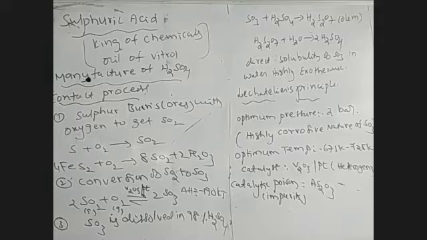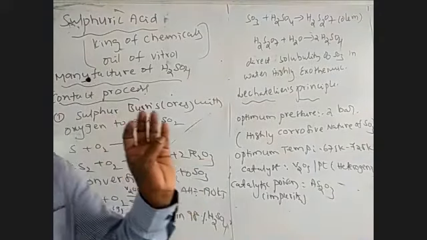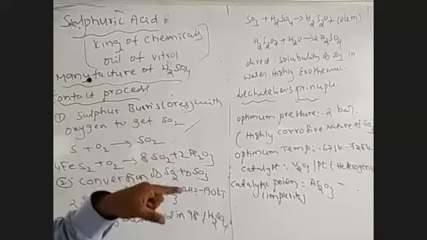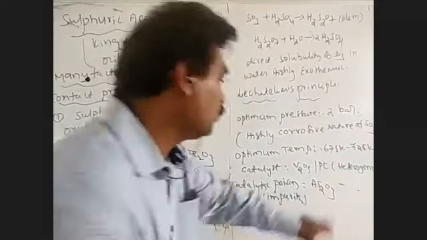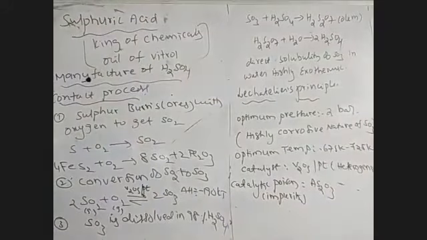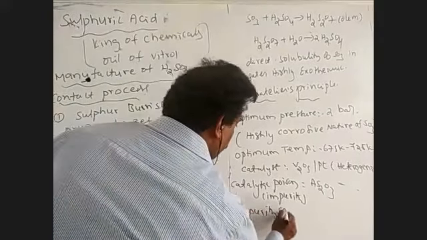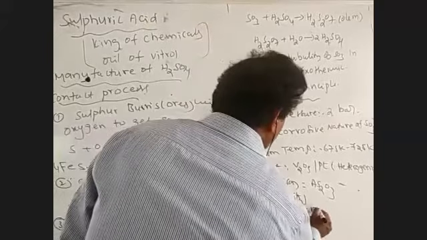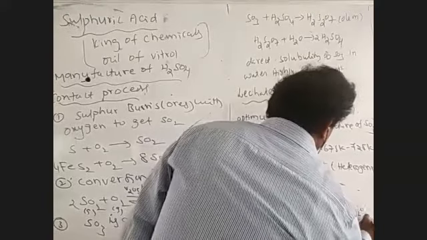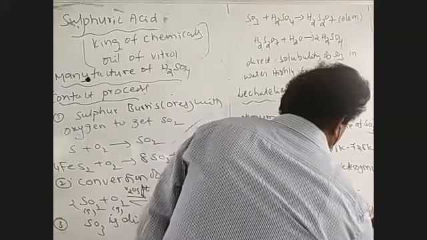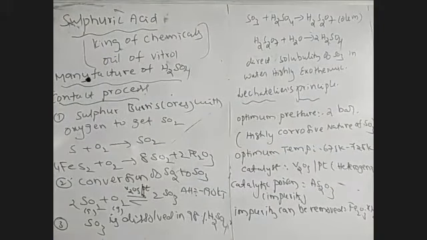In the Haber process for synthesis of ammonia, which one is the catalytic poison? Carbon monoxide or carbon dioxide act as a catalytic poison for the Haber process. In the Contact process, arsenic oxide As2O3 acts as a catalytic poison. The impurity can be removed by using hydrated ferric oxide. Hydrated ferric oxide is used for removal of the arsenic oxide impurity.